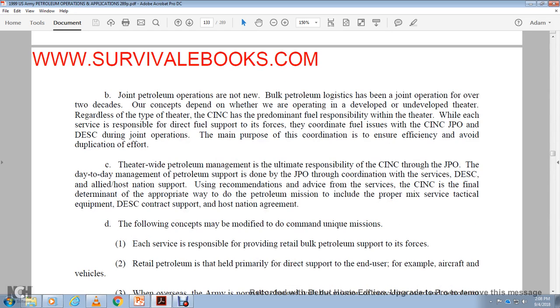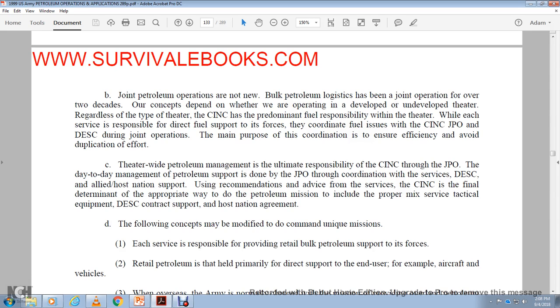All right, joint petroleum operations are not new. Bulk petroleum logistics have been a joint operation for over two decades. The concept depends on whether the operation is in a developed or undeveloped theater. Regardless of the type, the unified commands have the predominant fuel responsibility in the theater, while each of the services is responsible for direct fuel support of its forces, coordinated with the